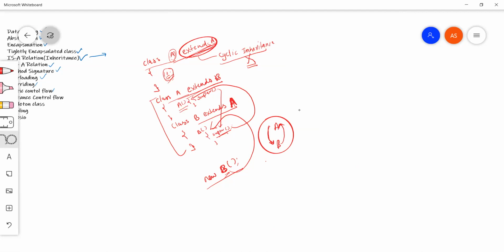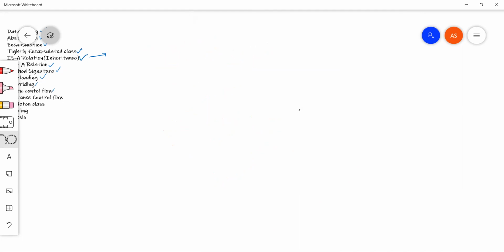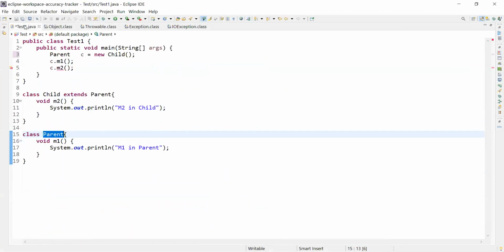We'll discuss this in the code editor as well. We'll be writing this code. Let me take some other examples so that we can move. Okay, let me just go to Eclipse and we'll write this code over there. So this is the code we have.